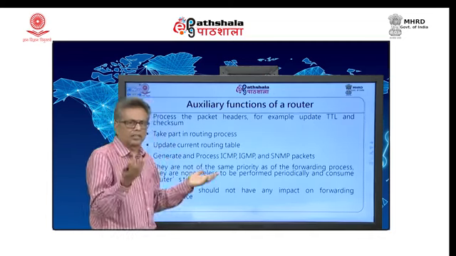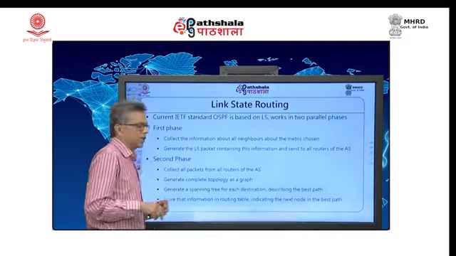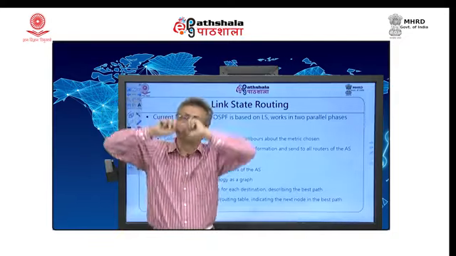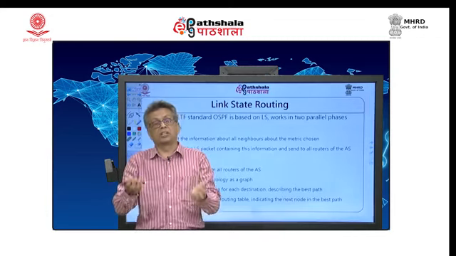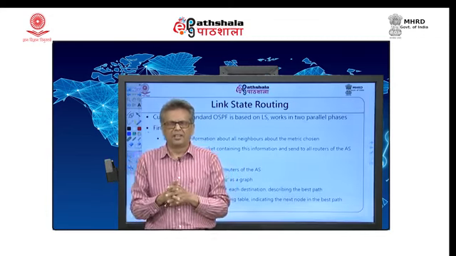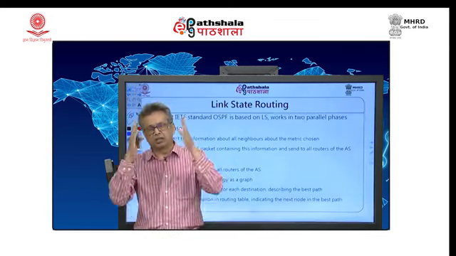Okay. It works in two phases. In the first phase, it collects information about all neighbors and sends it to everybody, broadcast to every other member of the network. In the second phase, it collects information from all neighbors. Once that information is collected, it will construct a network topology, and then based on that topology, it decides the best path for every destination, and once it decides the best path for every destination, it will construct the routing table. Okay. So, that is how it works, and let us see how it goes.